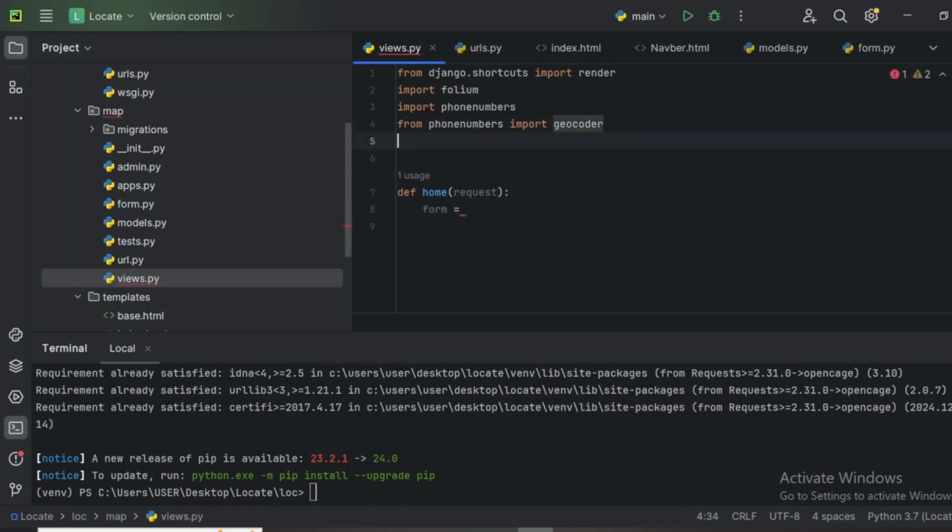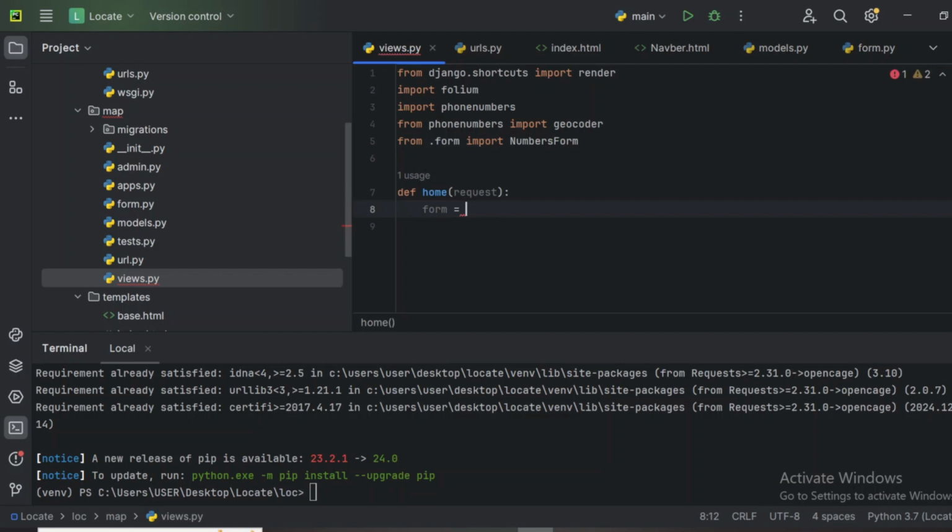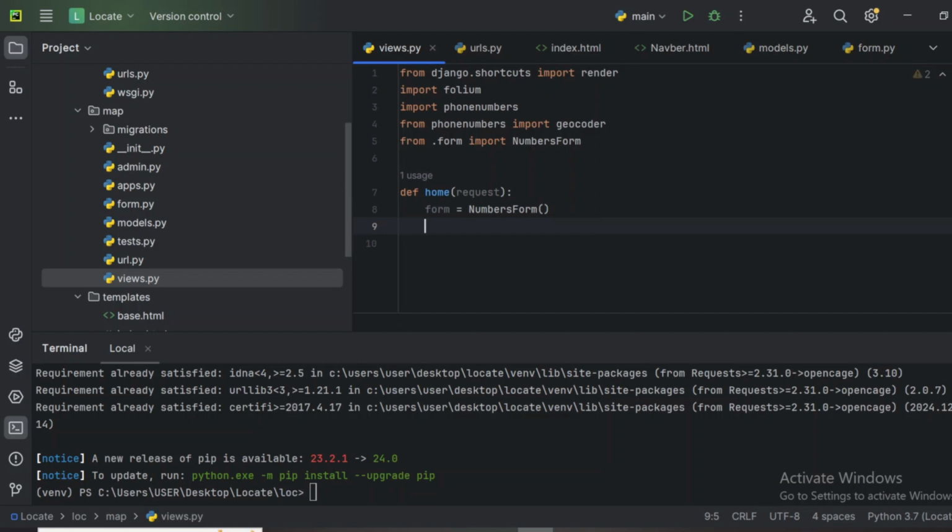And I think we need to import our form here. From .form import NumberForm, because we're going to use that. So NumberForm into string. So